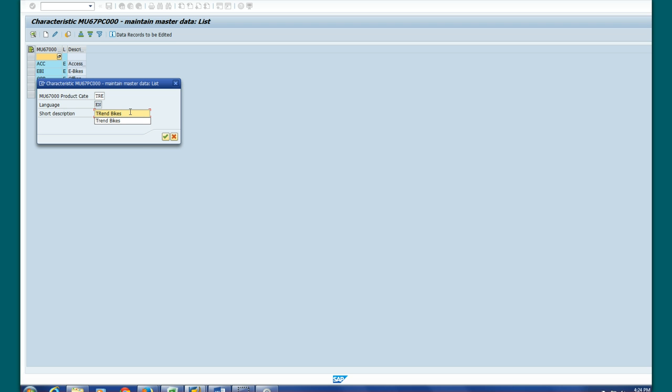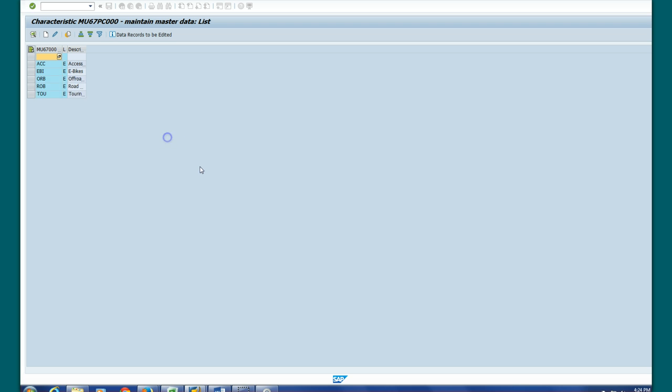Okay, so now in order to be able to see what you have entered, you can pull this, and so these are your master data table. Okay, so you save it, take a screenshot, save it, and this is your screenshot number 4. Okay, now I have to create another characteristic which is